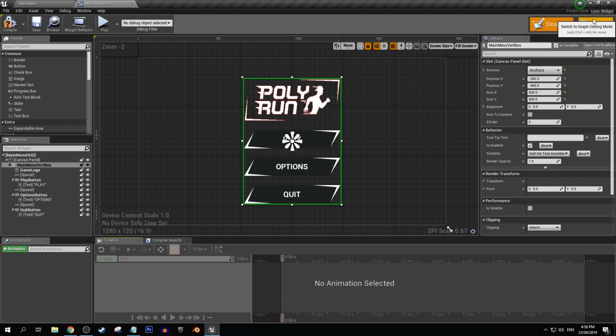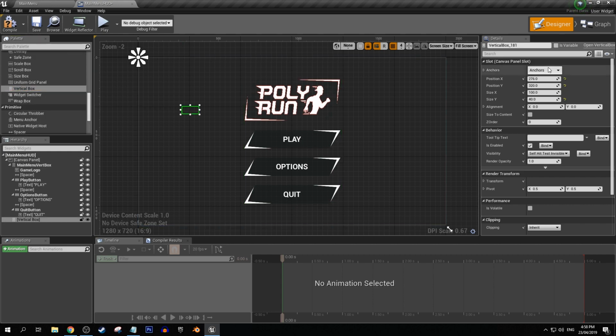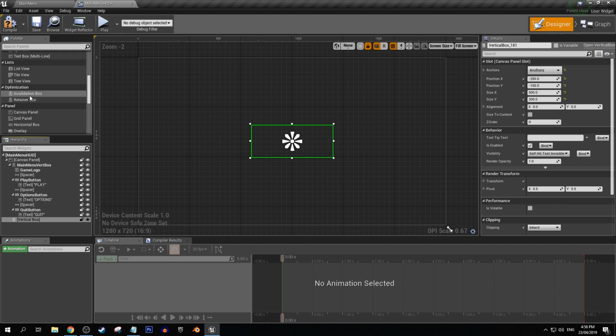So now that we've done that, we can then make a new vertical box, just like that. Let's make that 400 by 500 by 200. Minus 250 there, and minus 100 there. Cool. So let's pretend that that's all hidden, and then we can add text to the top of this,